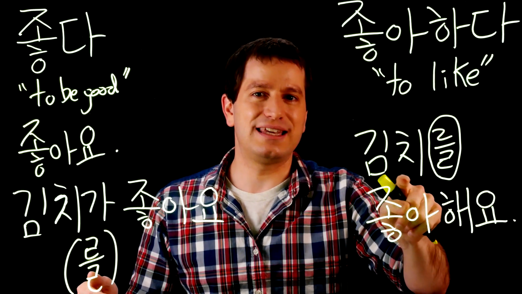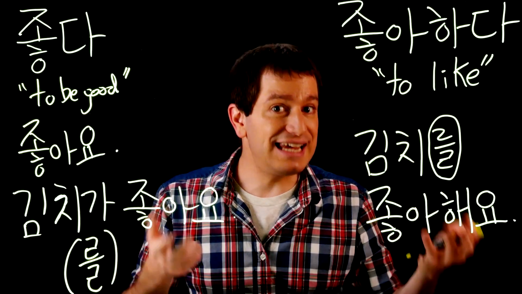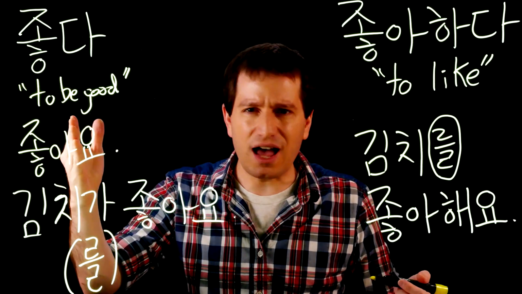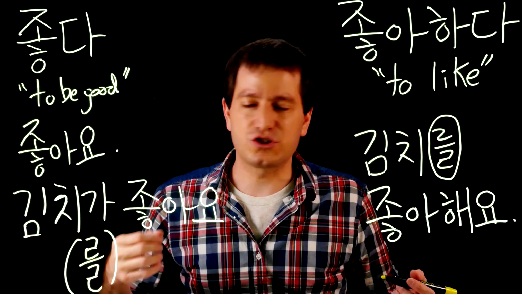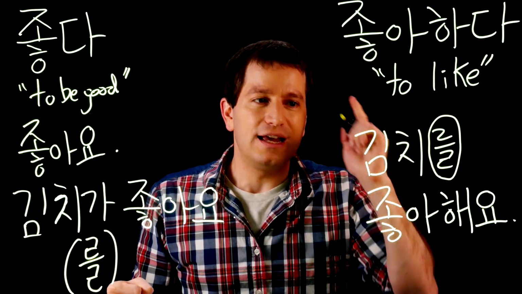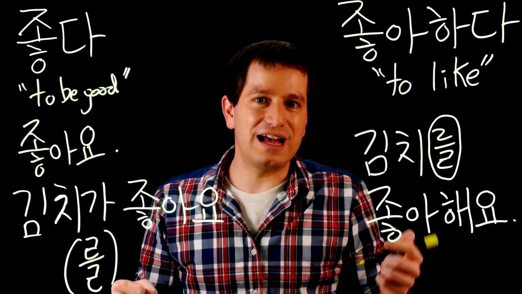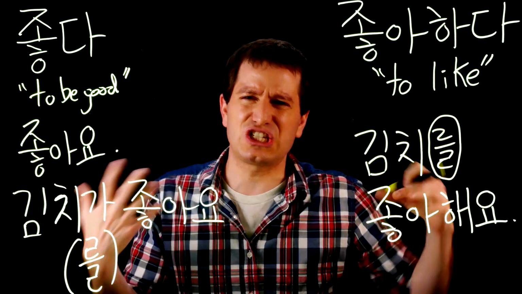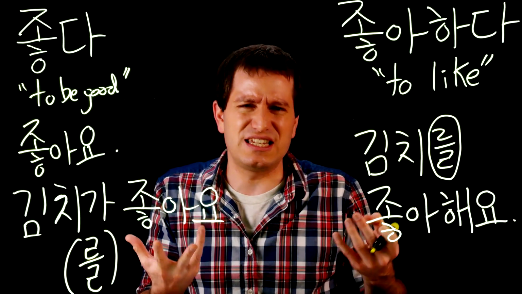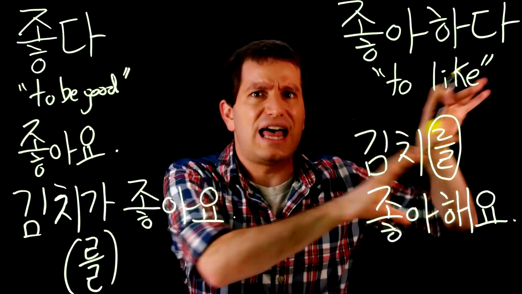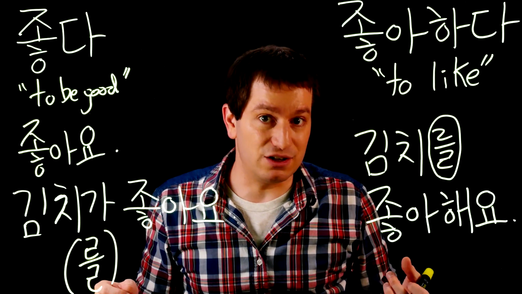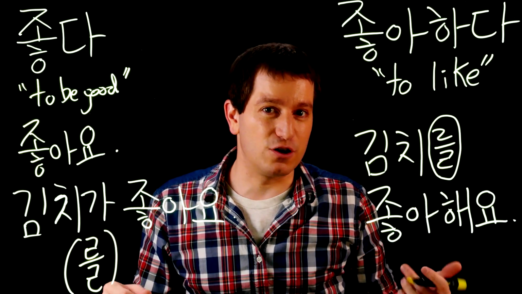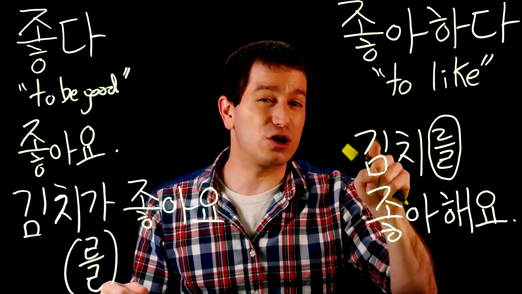I like kimchi. You can like something. Like is an action verb, so you can use the object marker with it. But 좋다 does not mean to like something literally, so you can't use the object marker with it. If you were to use 김치가 좋아해요, remember that 좋아하다 means to like. So now you are saying kimchi is the subject of doing something. Kimchi is liking. So kimchi is liking something, and that wouldn't really make sense either. So use the object marker with whatever it is that you're affecting with an action verb. In this case, whatever you like would be marked with the object marker.